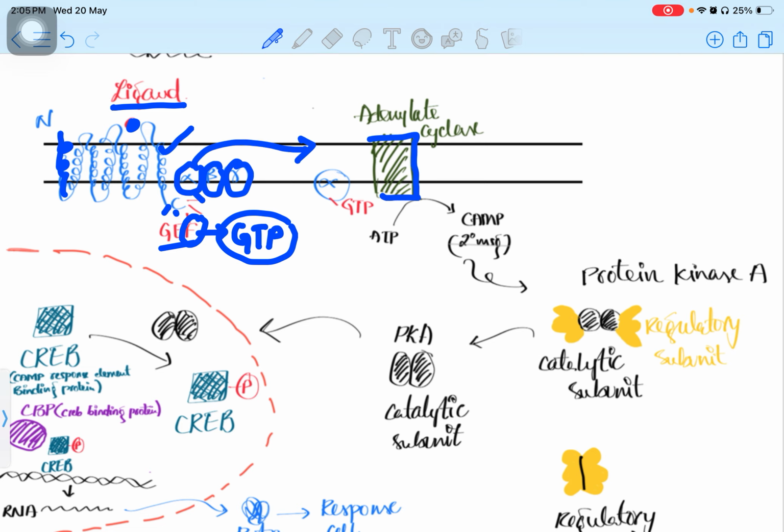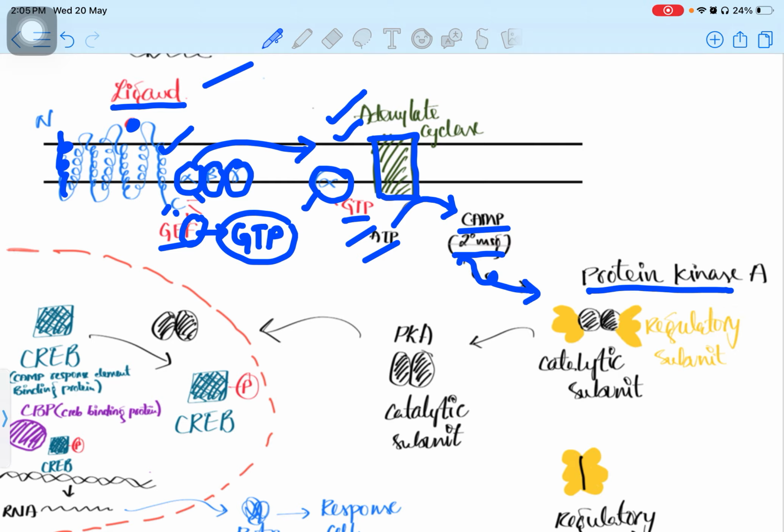Here you can see adenylate cyclase, where the alpha started moving. It moves with the help of GTP. This GTP is responsible for the activation of adenylate cyclase. After adenylate cyclase is activated by the alpha subunit, it uses ATP inside the cytoplasm region. The signaling is coming from the outside, but the signal is going inside here. So ATP is used by the adenylate cyclase, and cAMP is formed. As we know very well, IP3, calcium and cAMP are the secondary messengers.